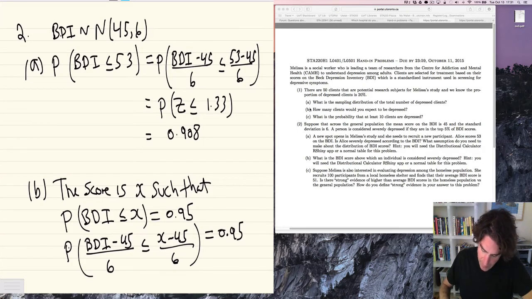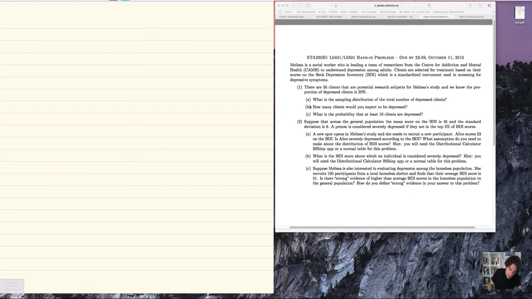So that's the probability that Z is less than or equal to (X minus 45) divided by 6 is equal to 0.95. So (X minus 45) over 6 has to be equal to